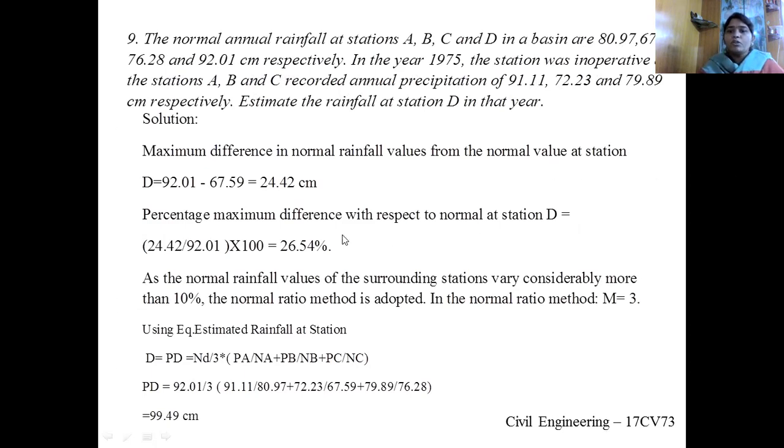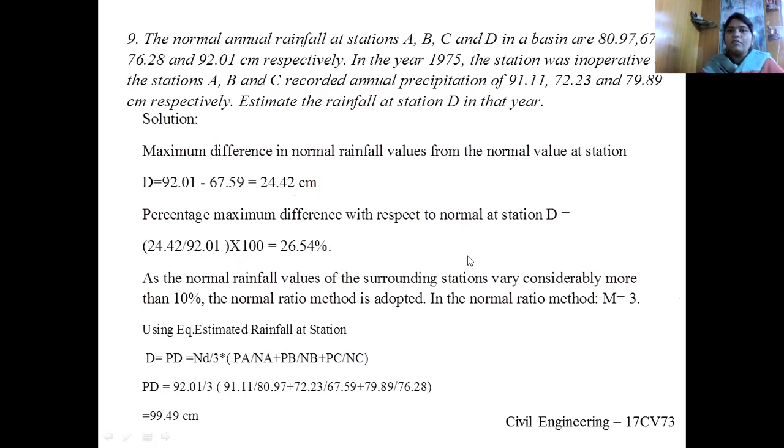So here we usually go in with the normal ratio method. So we have to find out the difference between highest and lowest. 92.01 minus 67.59, you will get 24.42 centimeter. And the percentage you find out, 24.42 divided by 92.01 into 100, you get 26.54%. So whenever the difference is more than 10%, we go in for this normal ratio method, where we calculate the